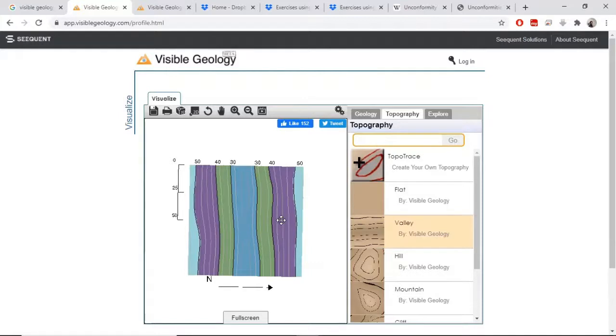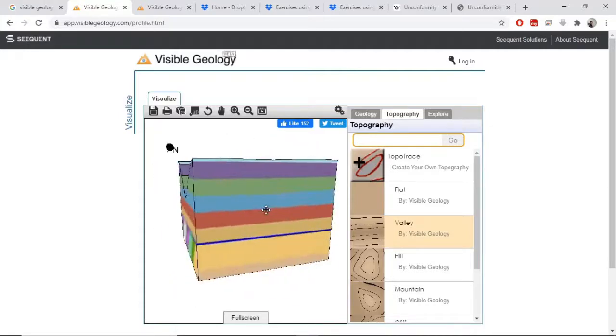What does this mean? We have already talked about this in an earlier video. Just from this map view, seeing that this geological contact and the contour lines are parallel means that the beds are horizontal, which is the case here.